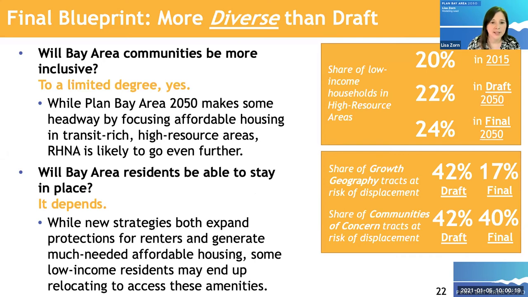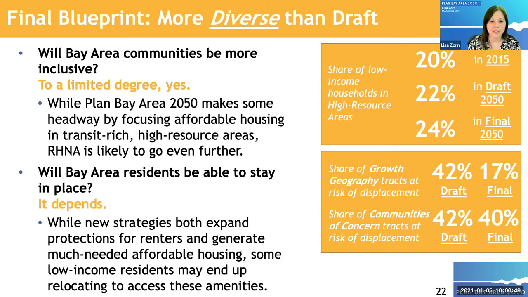Moving now to diversity. Question 1, will Bay Area communities be more inclusive? The answer is yes, but only to a limited degree. As shown in the statistics on the right side, the affordable housing strategies, as well as the strategy to provide mortgage assistance to low-income communities and communities of color to help them achieve the American dream of home ownership, do enable high-resource areas to become more diverse over time, going from 20% of residents having low incomes in 2015 to